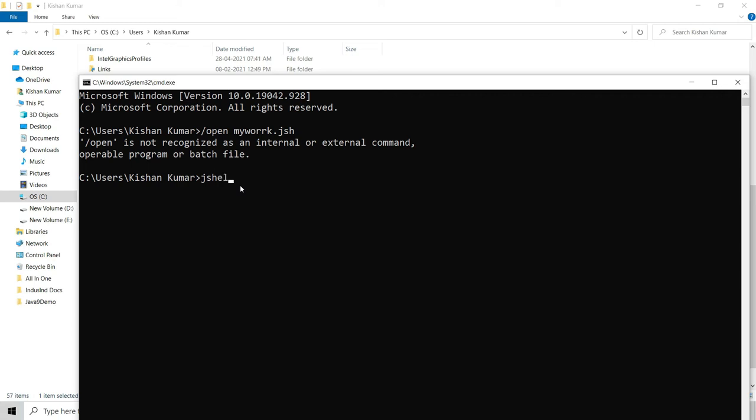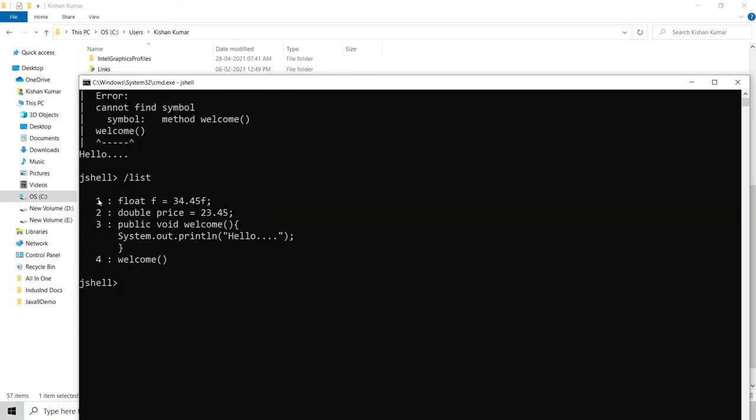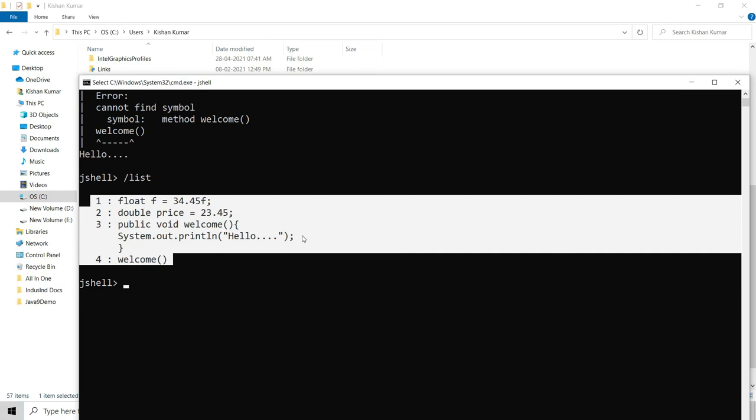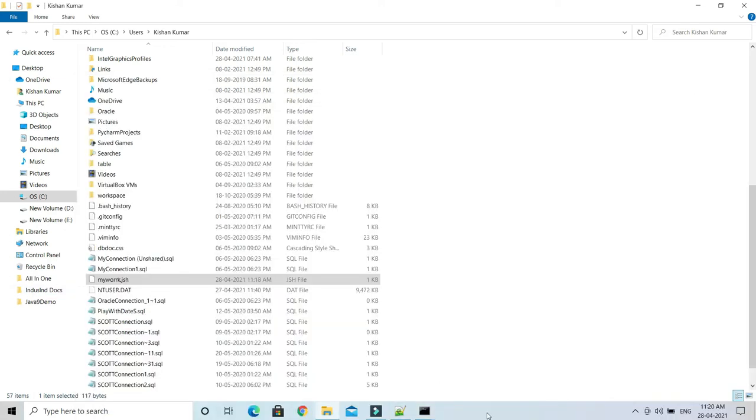So I would write JSL, sorry for that, and then use the /open command and then your file name, my work, and press enter. Then if you do the list, you'll see all the operations I had done in my previous work coming out. Even if you want to call the welcome method, you can call it easily. So here I can call the welcome method, and here I can see the output. So that's another command, the open command.